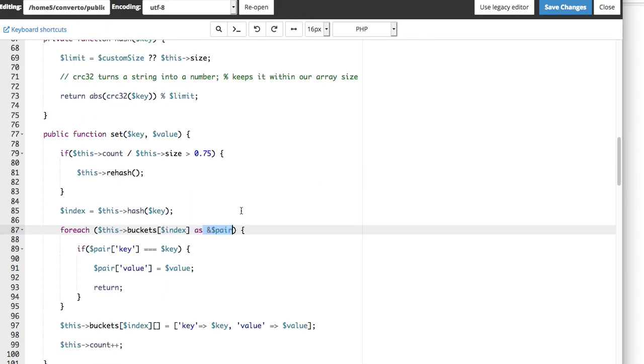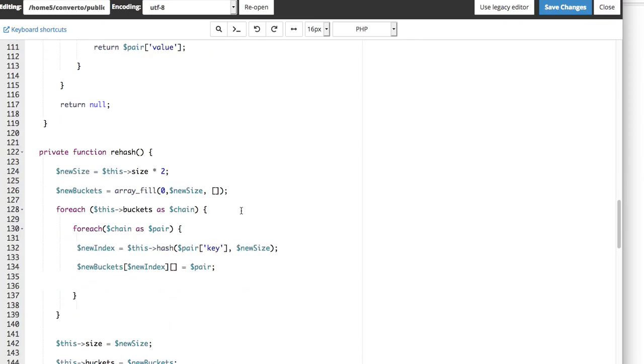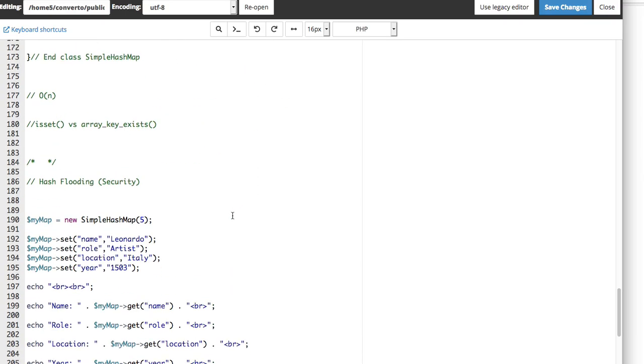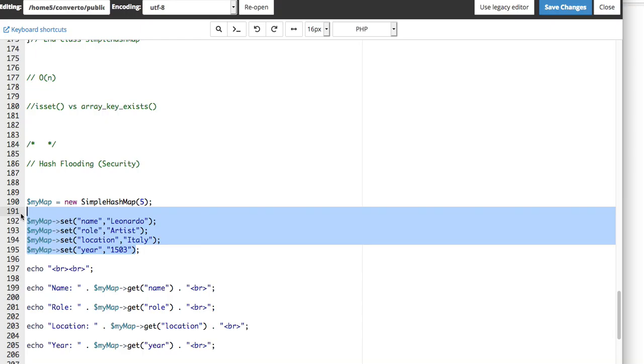Where is it? Oh, right here. Right, when you do Da Vinci, you'll find the existing name key in the bucket and update it rather than creating a second name entry. And then the collision handling: with two different keys, like A and F, that end up in the same bucket index, you'll see the two pairs listed in that same bucket. This confirms your chaining